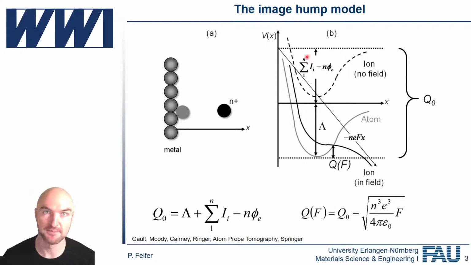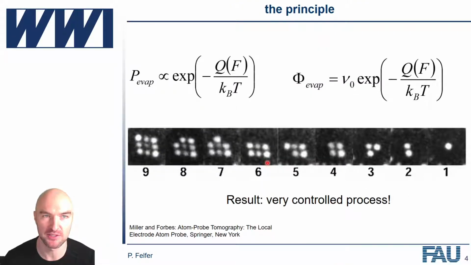Anyway, so this is the image hump model. You will see that a lot in atom probe, just because it's convenient, but it has a lot of limitations. If we look at the simple image hump model, then we can say, okay, what is the probability of an individual atom field evaporating at any particular time? And the probability is